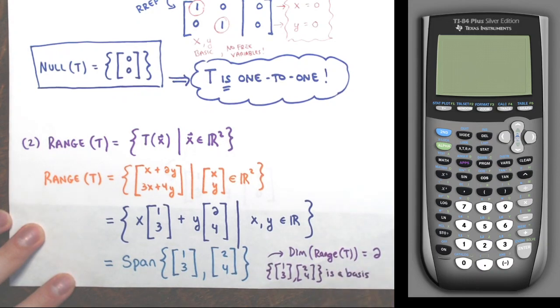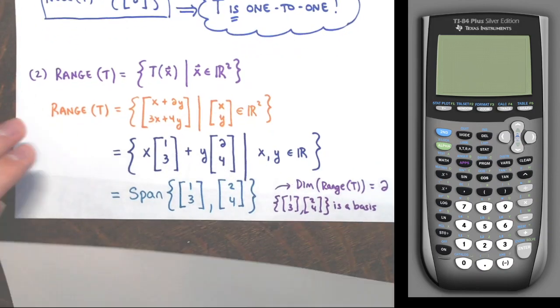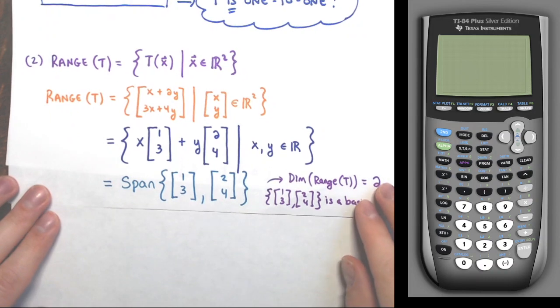Right, so it has dimension 2. And if the dimension of the range is the same as the dimension of the codomain, well, then they must be the same set. Right. They're isomorphic. Remember, you can set up this. I'm not saying that this is an isomorphism per se. I mean, we'll see it is in a minute, but